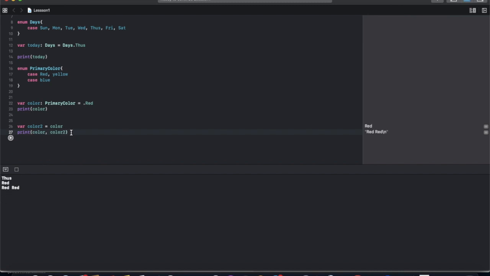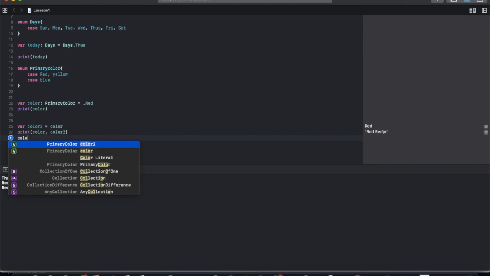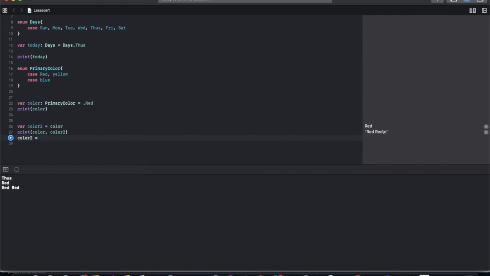But if we change the value of color2 to yellow and print again, it's red and yellow. So only that value is changed because it's a value type.